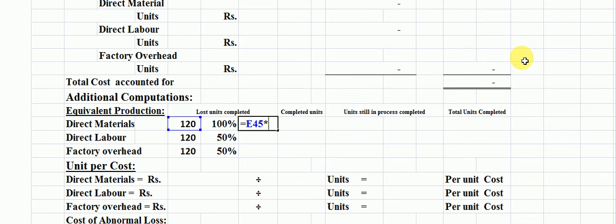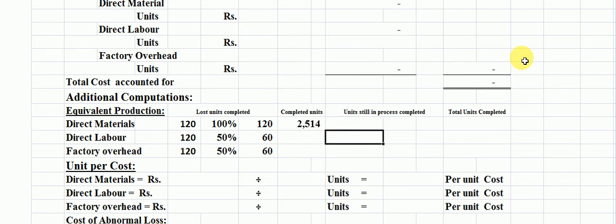We have to multiply 120 with this percentage. Now we have to copy this below to find the labor and FH units here. Students, these are the completion units in lost-in process: 120 units as a material, 60 and 60 units as a labor and factory overhead. Now we will move the completion units which are